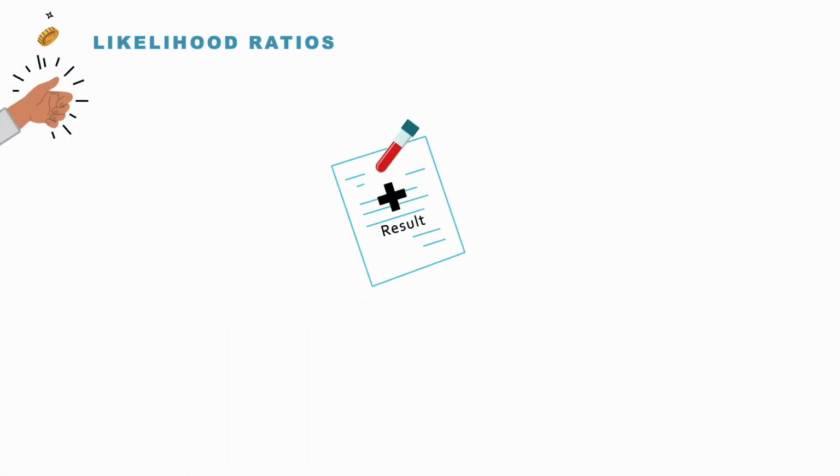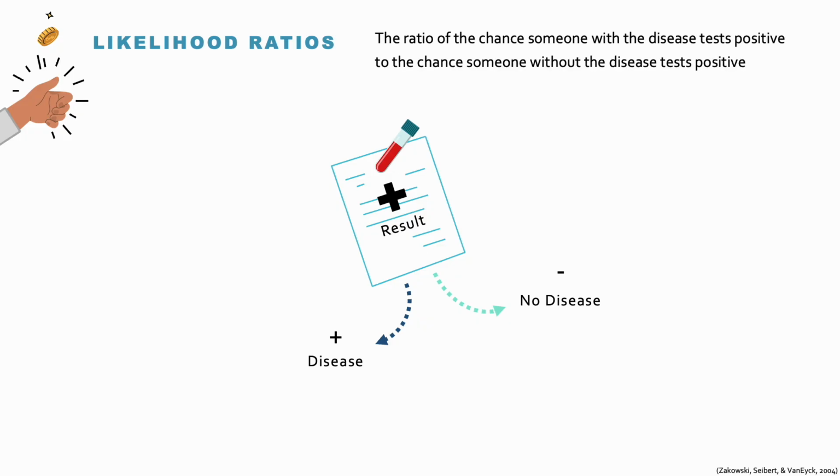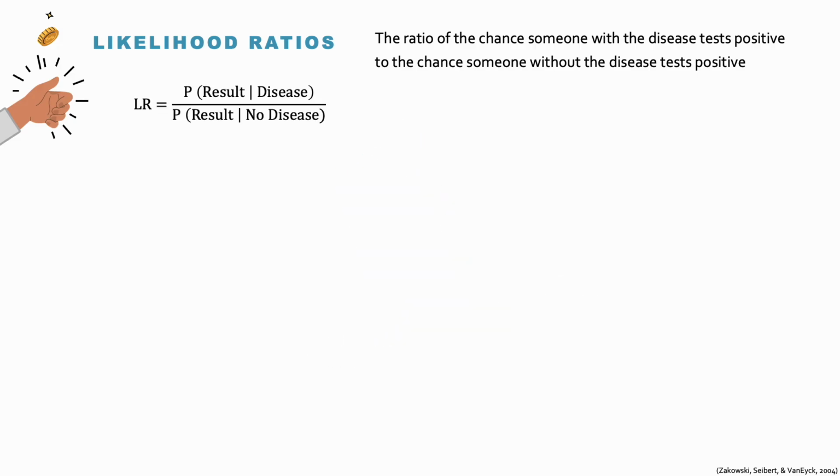You want to know if the test is positive, how likely is the patient to have the disease, and if the test is negative, how likely is the patient to have the disease. Likelihood ratios tell us the ratio of the chance someone with the disease tests positive to the chance someone without the disease tests positive. Positive likelihood ratio, abbreviated LR+, tells us how much to increase the probability of disease if